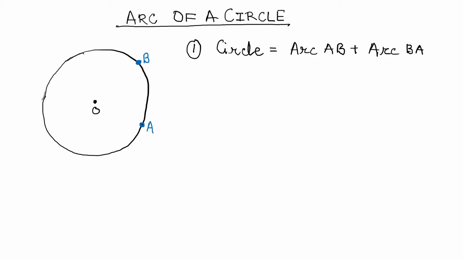Okay, the next point which comes as a byproduct of the first point here is, can I say a circle will be formed because of, now the arc AB will be known as the minor arc, plus there would be a major arc, which in this case is BA. There could be a possibility that the minor arc and the major arc are the same. In that case, that is nothing but the diameter.